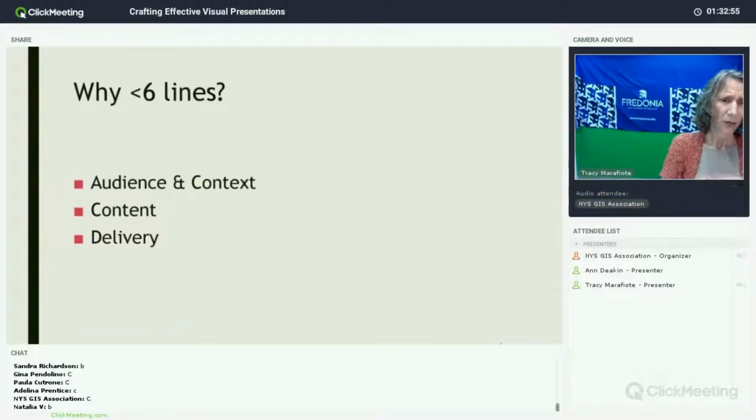That we're talking about audience and context, we're talking about the content, we're talking about delivery. If people can keep the key points in their heads, they're more likely to be able to then organize some of the information that's related to it. And if you have just your key points in your slides, you have then the option subsequently to fill things in verbally or to elaborate on them with subsequent slides if that's what you decide is important enough to do.